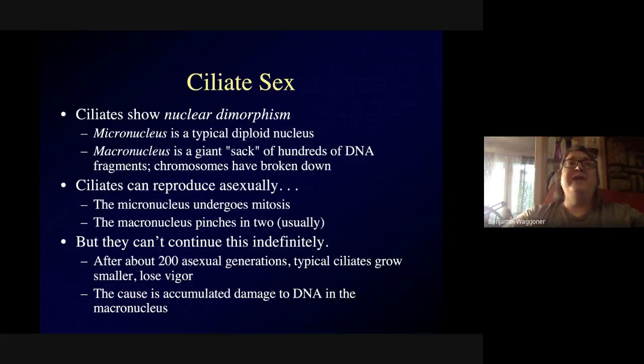After 150, maybe 200 asexual generations, typical ciliates will start losing vigor. And the reason is, if you took evolution from me, it's this thing called Muller's ratchet. What that means is that any asexual lineage accumulates mutational damage to its DNA, and it can't repair